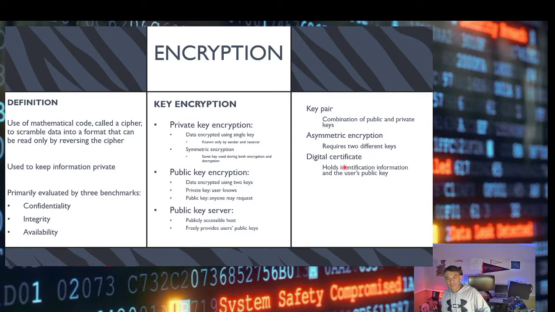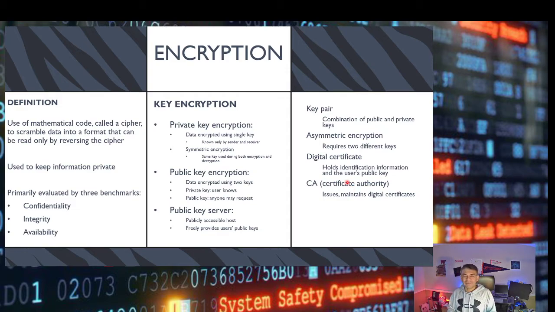Digital certificate is the one that holds the identification information and the user's public key. CA is the certificate authority. It is the one issuing and maintaining the digital certificates. And by maintaining, it also includes the expiration date for the digital certificate, which is something that you may have